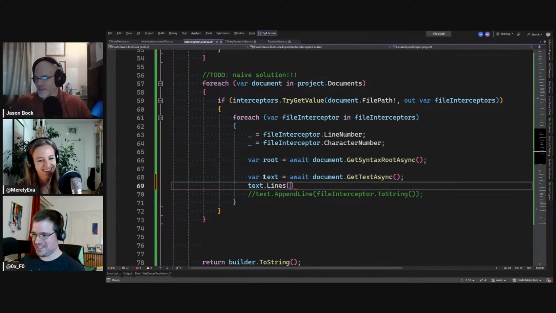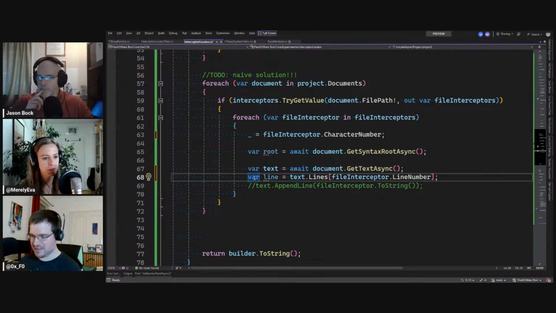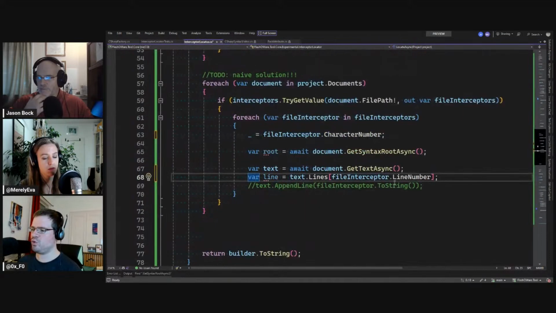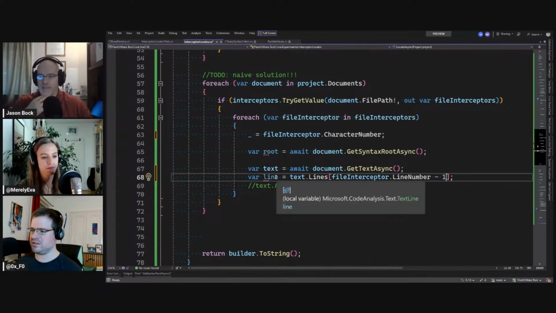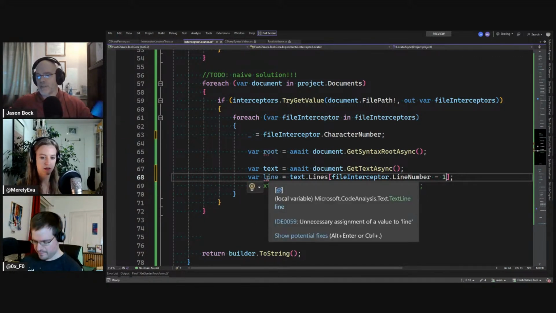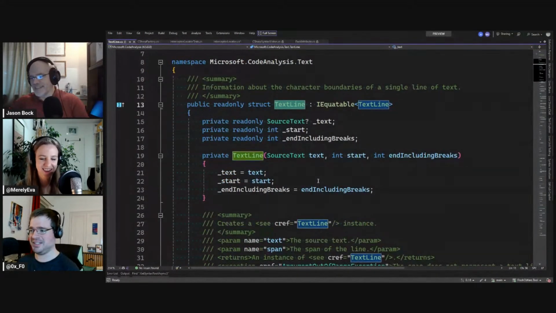Line collection, and we get our line number. Nice. Be a little careful, the line number might be 1-based, so we need to say minus 1. I believe the first line is 1, so you really want that to be 0. And if it's not, it'll blow up, and we'll know.